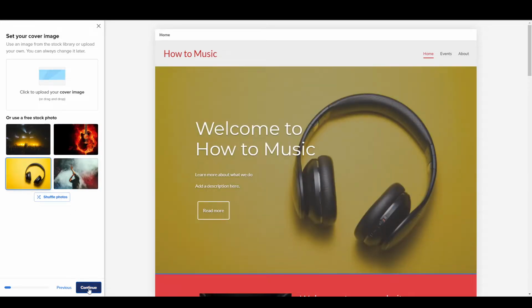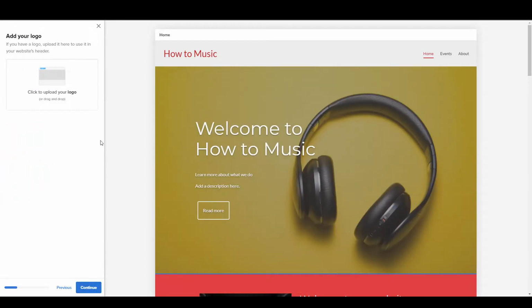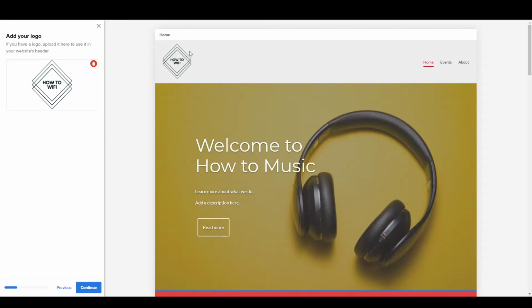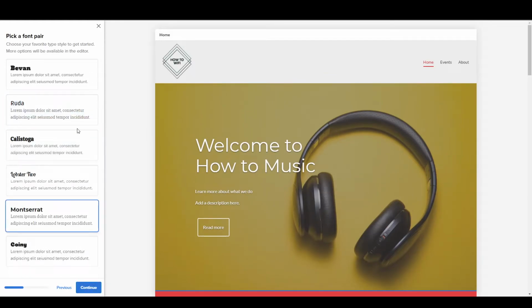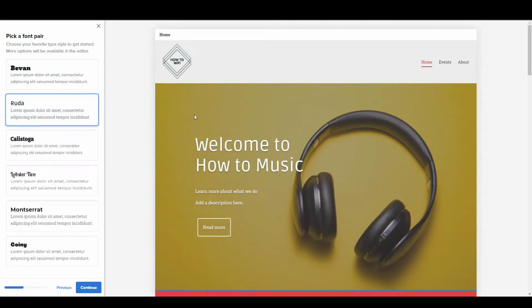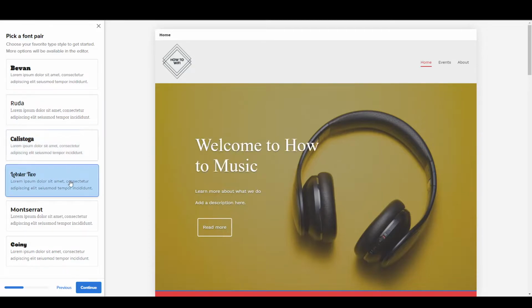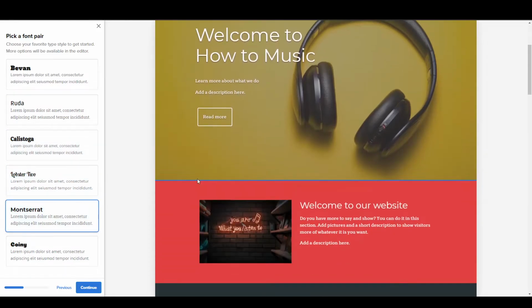Okay, you have to click on continue, and from here you can upload a website logo. So I'm going to upload a logo. As you can see, I have added a website logo. Sorry for that, I have made my logo how to Wi-Fi, not how to music. Okay, click continue, and from here you can choose a font for your website, and make sure you choose